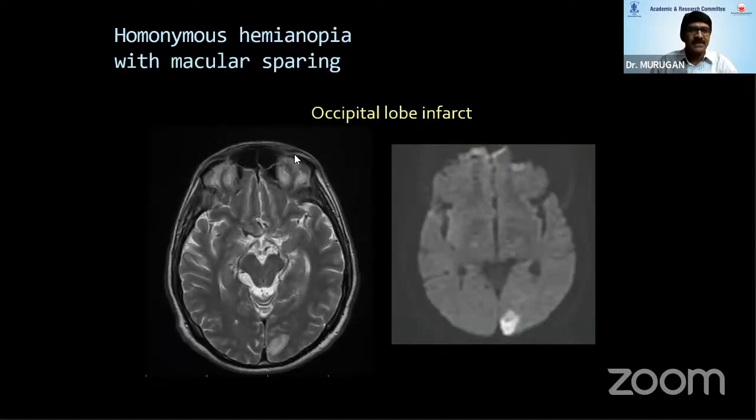So this patient presenting with hemianopia with macular sparing is, of course, a classical occipital lobe infarct. So I think that is the last slide. Hope I have not crossed the line. So to summarize,